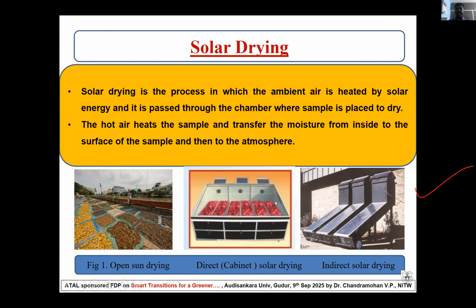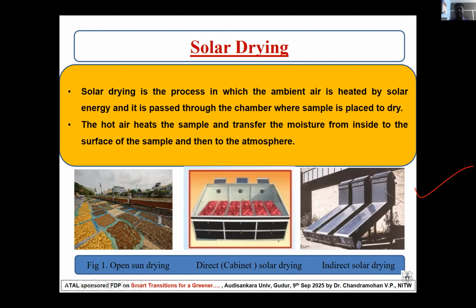So in this direct solar drying, the limitations we faced in open sun drying are avoided. What were the limitations? The disturbance from animals and birds, sudden rain, and dust particle accumulation. These three limitations were overcome in this direct solar drying method. But the fourth limitation, the color degradation, could not be overcome in this setup because here also the